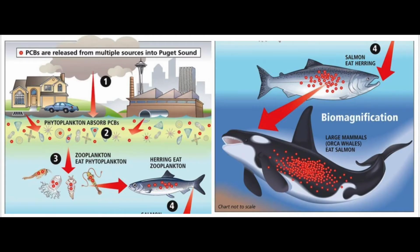One case of this is how toxic waste products from factories such as polychlorinated biphenyls can accumulate up the oceanic food chain. When PCBs are pumped into the ocean by factories, they're absorbed by phytoplankton, which are then eaten by zooplankton, which are then eaten by herring, which are then eaten by salmon, which are eaten by large mammals such as orca. As you go up the food chain, the concentration of PCBs in each organism grows exponentially. The orca end up having a lot of PCBs in their bodies due to biomagnification, which is really dangerous